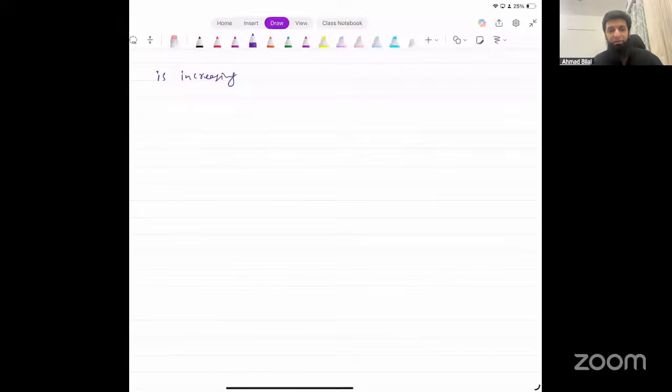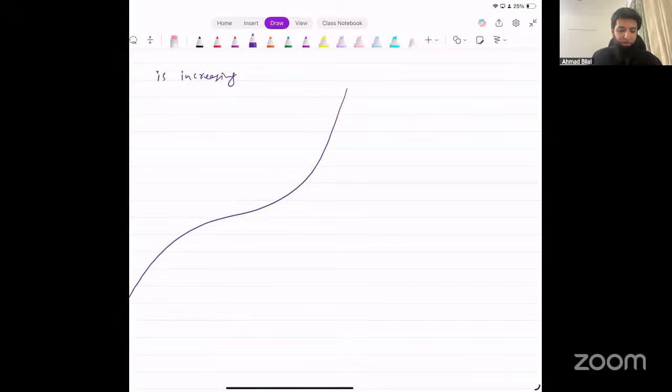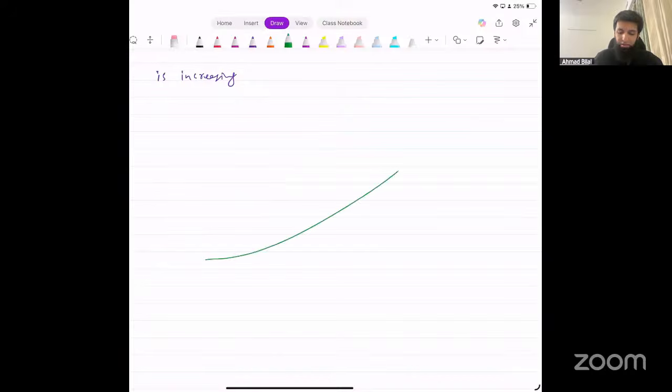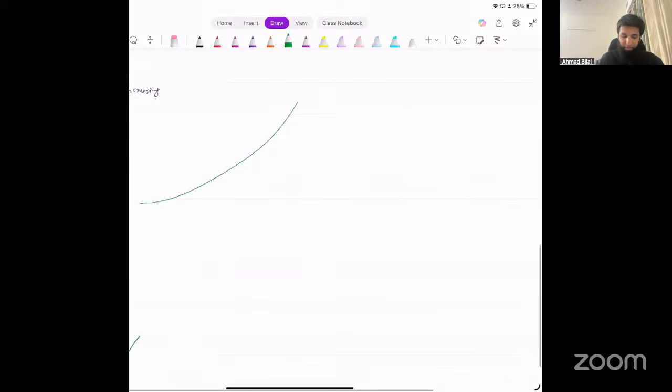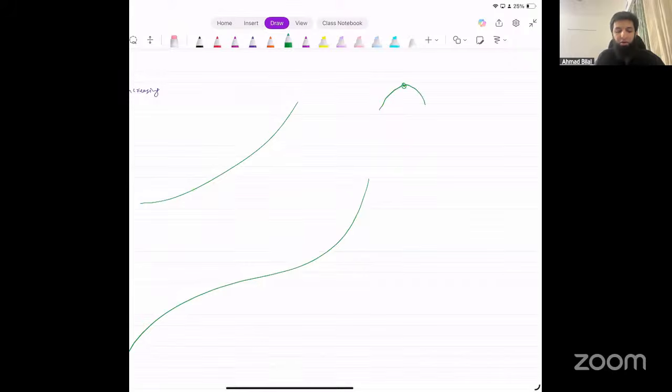Now, what does increasing mean? Increasing means that it is going in the upwards direction throughout. Now, whatever the shape of the curve is, it could look like this, it could look like this. Whatever the shape of the curve is, you can see there's no turning point of the curve. There's no point, if it's an increasing function, for instance, at no point do we have a turning point, because after a turning point, the curve would start going downwards and it will no longer be an increasing function. In cases like these,